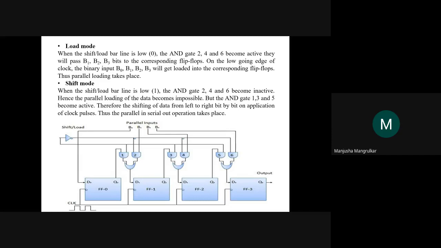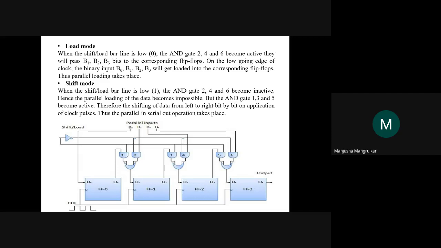It is directly connected. The only thing is that D3, D2, D1 are connected to B3, B2, B1 with respect to this AND gate and this OR gate. So whatever the data of this, the function will depend upon whatever the data of this, it will come over here, right?